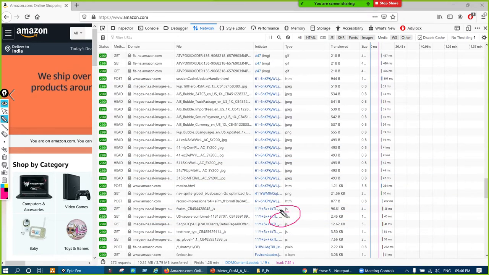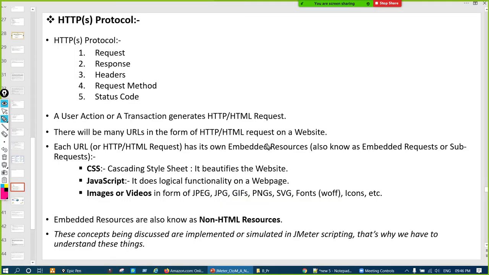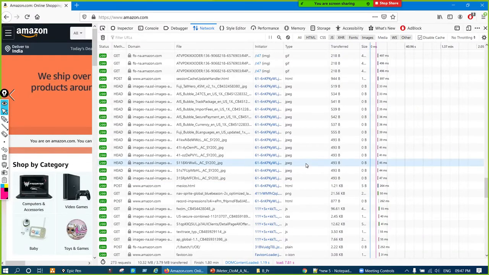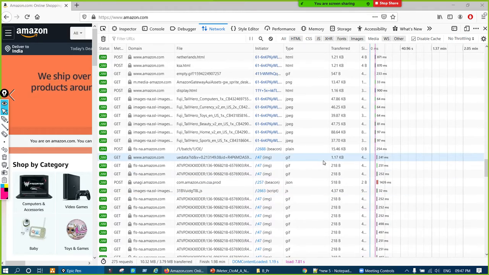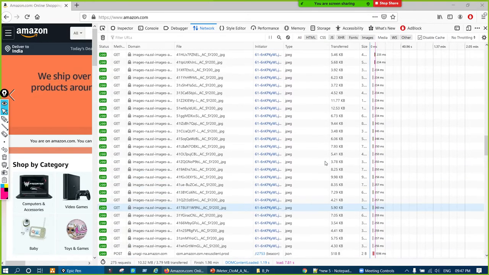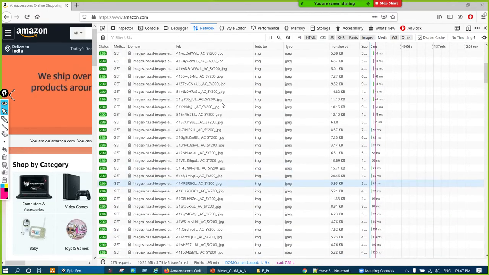Okay, CSS. So basically each request will have its embedded resources. Okay, and all those we see here. JPEG is there, GIF. Forget about HTML. HTML is not considered an embedded resource. Okay, apart from that, all other PNG, JS, CSS, right? All those things, a long list is there over here. So all those things are considered embedded resources of this request. We'll see it one more time, right?